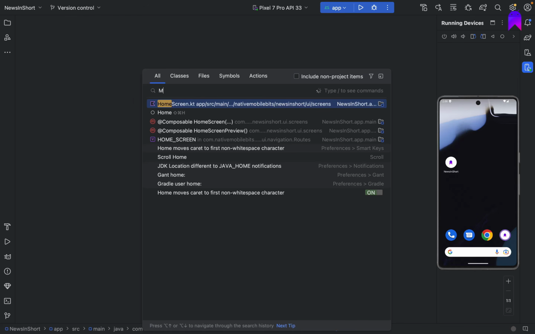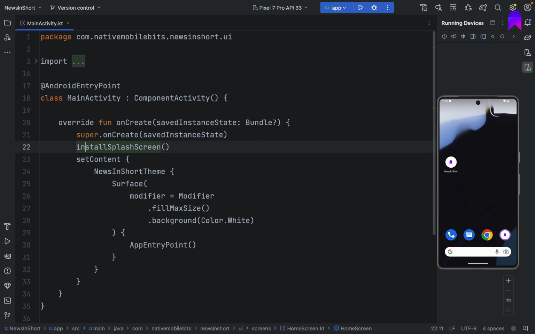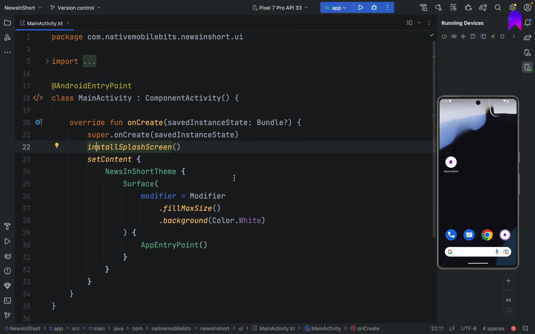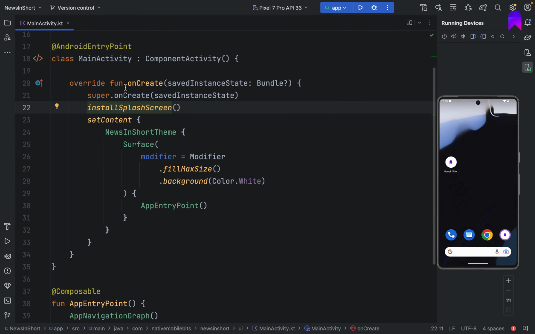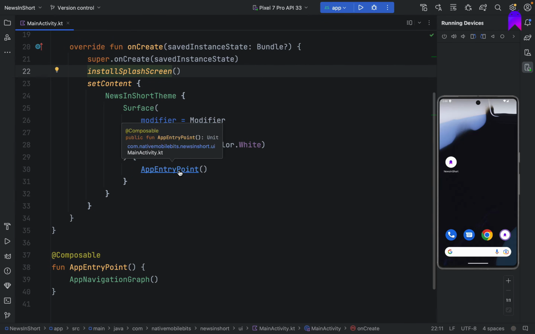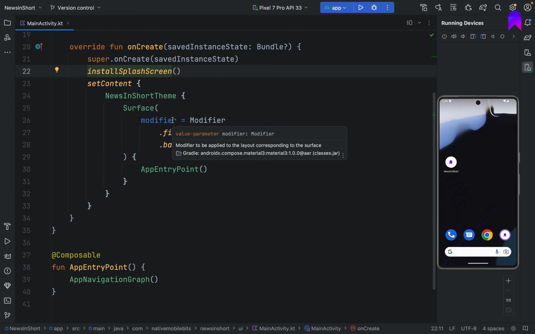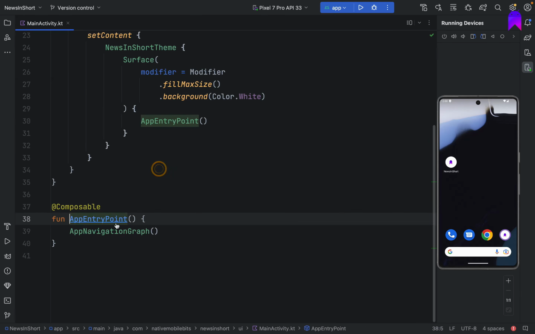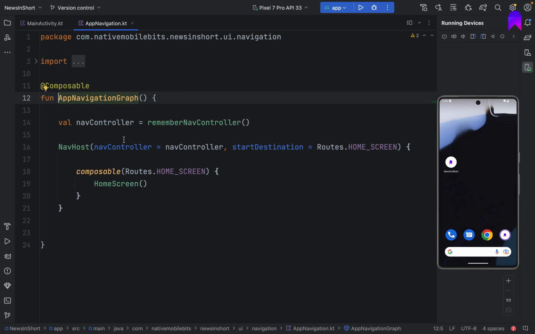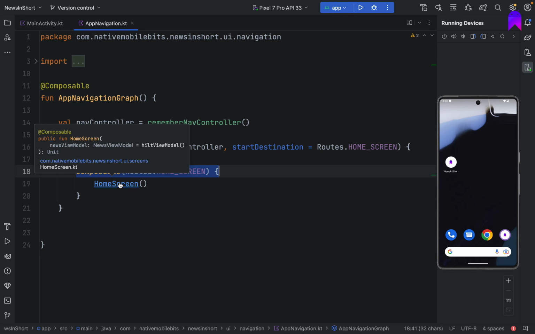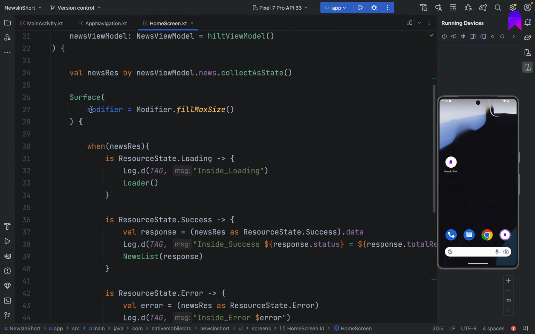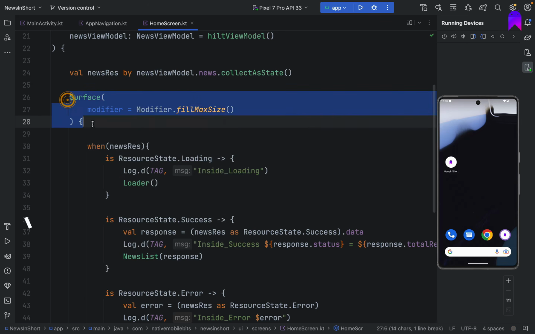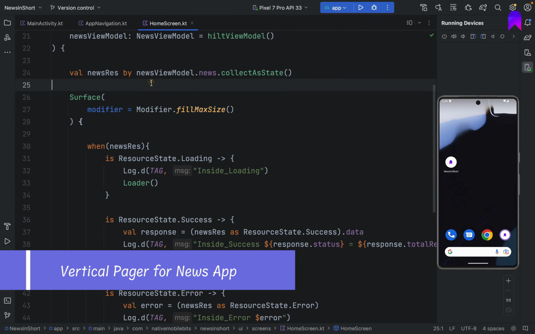So now let's go back to our main activity and let's update the UI of our application. So as of now, our main activity has the app entry point inside one surface. Okay, so inside our app entry point we have the basic navigation setup ready. Inside navigation graph we have this destination for home screen where we are showing the home screen. Okay, if we go inside this, here again we have the surface. So we need to modify it here. What we are going to do now,